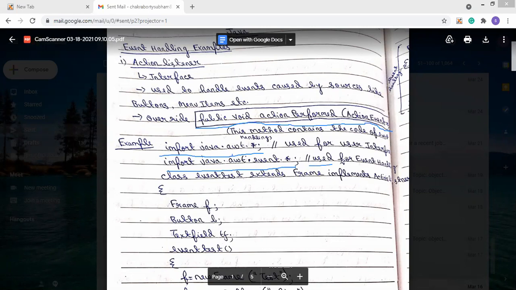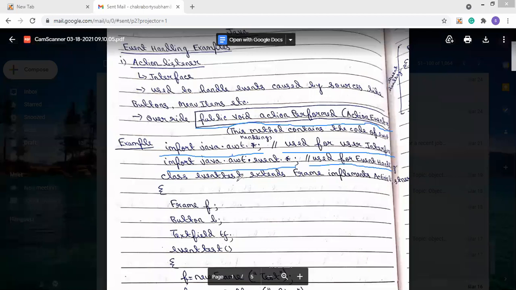This package is used for event handling, and the package java.awt.* is used for the user interface.